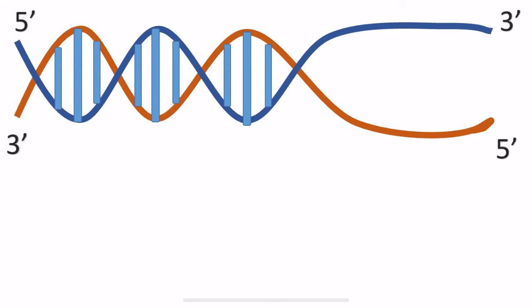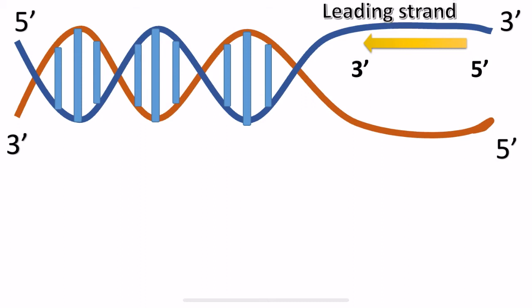Here, as we can already see, the DNA strands run from 5' to 3' and opposite, that is 3' and 5'. Here, the new strand forms from 5' to 3' only. That is why it is called the leading strand, because it is continuous. As the DNA opens up, the strand will be formed and continued.